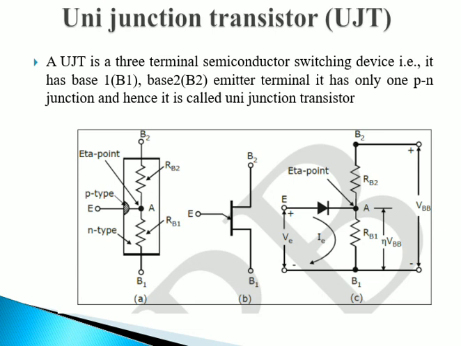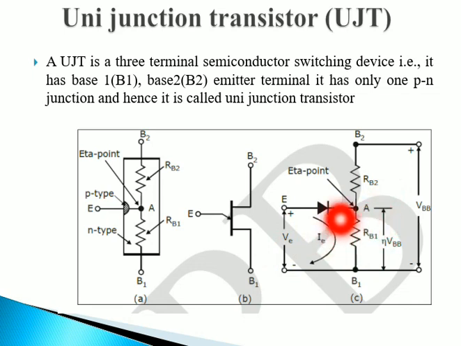Now when we see the working, here you can see the construction. It consists of a diode and two resistors, right? And this is a symbolic view of the uni-junction, where this is your emitter and these are your two bases B1 and B2. Your emitter base will be forward biased, where B1 and B2 will be reverse biased. Now your diode will conduct only when your emitter voltage is greater than VBB plus VD, and that is known as VP, the peak point voltage.